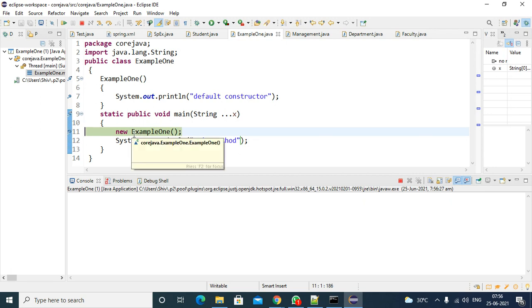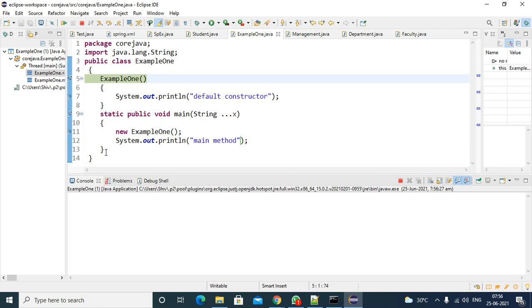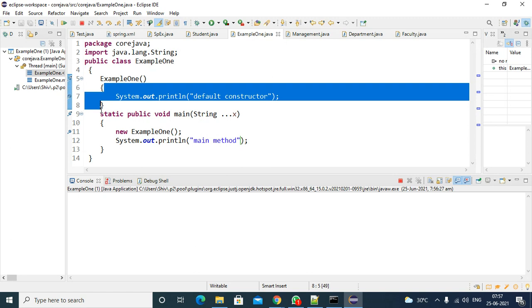If I press F8, the cursor will go to the constructor. Okay, why? Because we don't have any instance variables or instance blocks in this program. So press F8, and it calls the constructor. Okay, constructor call, right? And it will print this line. It's printed. Inside the constructor, nothing else is there to execute.